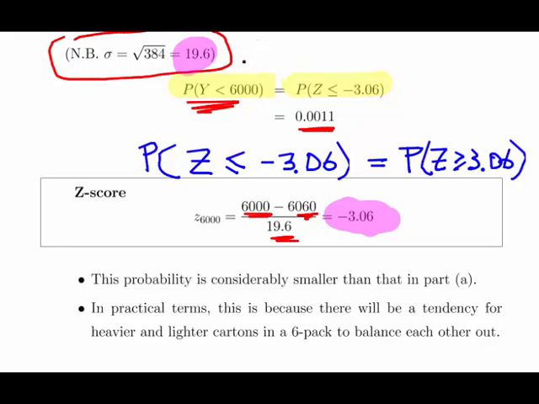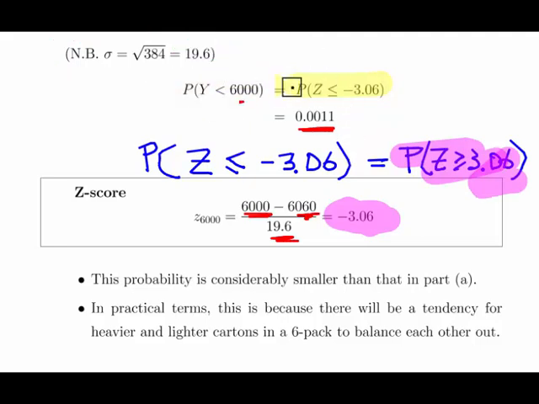Okay, and it's greater than 3.06. So this should be easily calculated, easily found using statistical tables. I'm being a little bit cavalier actually with regard to less than and less than or equal to here. I should actually just keep it consistent. That's a mistake on my part. But the fact that we are dealing with